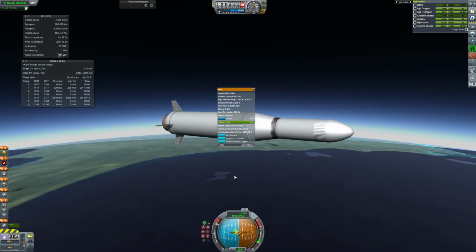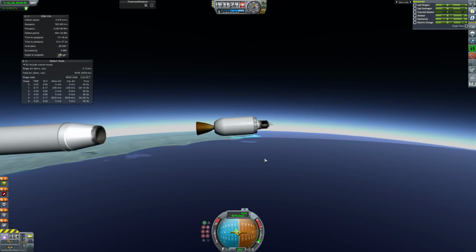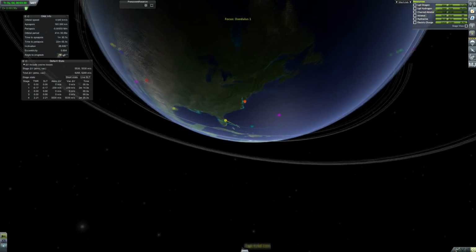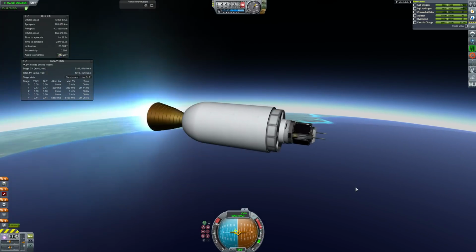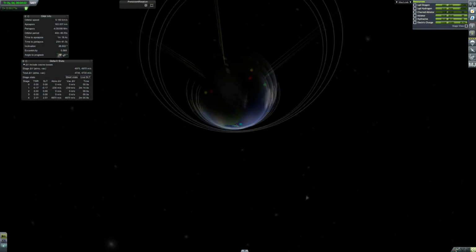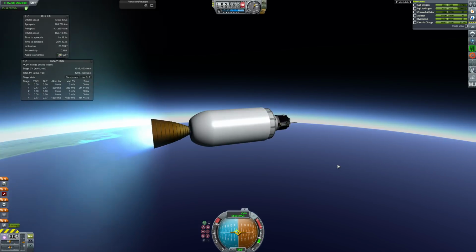Now it's safe to decouple, and we'll do that now. Deploy the fairings, and here we go on that liquid hydrogen and liquid oxygen stage. That should be more than enough to push us all the way into orbit. It actually could take us much higher. This is quite a decent rocket, and if I need to launch some other satellites for some reason,